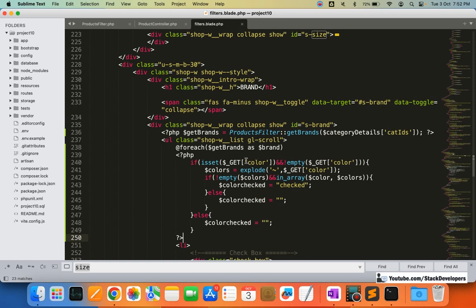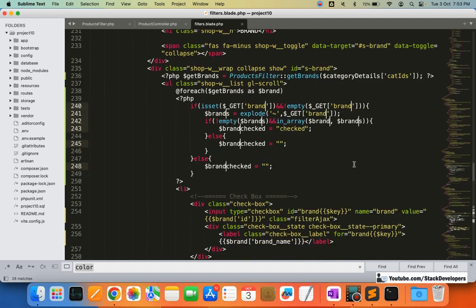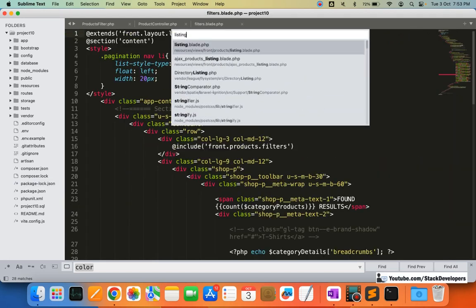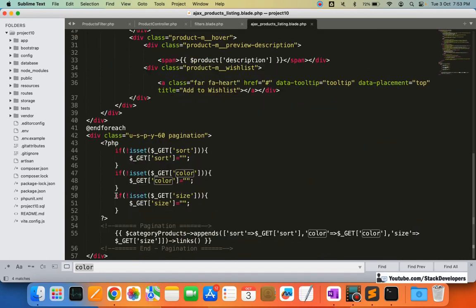Okay, so we are going to replace color here with brand everywhere, like this, so that we can check it whenever the user selects it. Now one more thing we are going to do: we are going to open the Ajax product listing here, and here also we are going to add